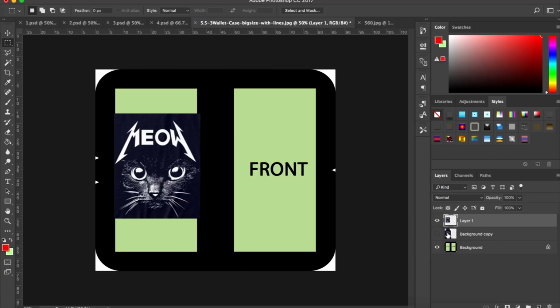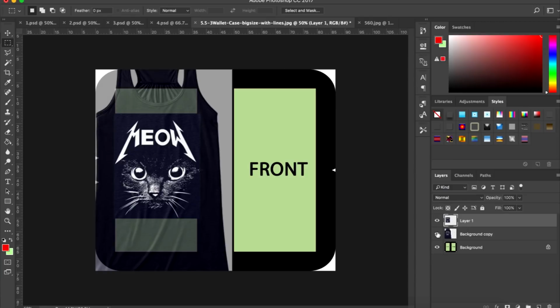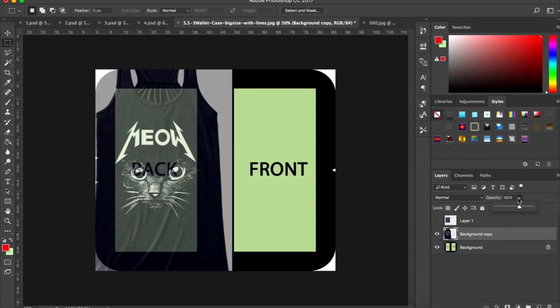So then I'm going to turn off this layer, okay? And now we have just this meow, whatever, inside here. The next thing I want to do is, Photoshop has this really cool technique, and I'll show you that actually. Even if I just use this one,